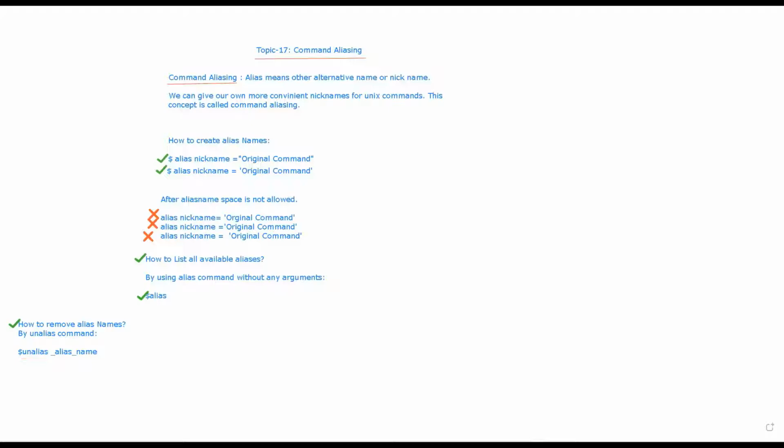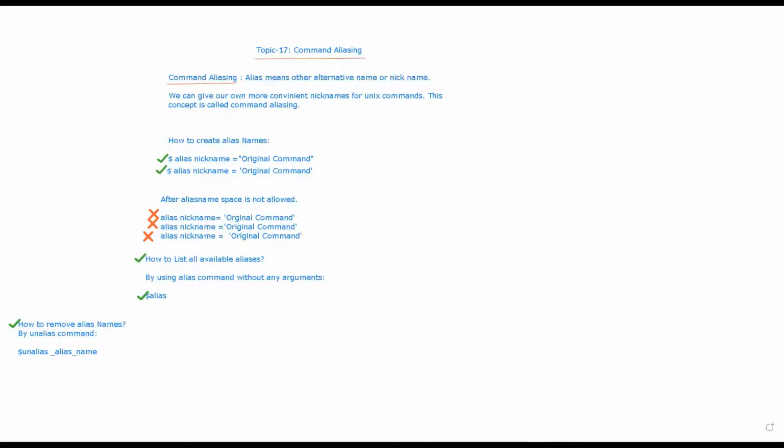So now we saw how to create the alias, what the invalid options are whenever we are creating the aliases or the alternate name or the nickname, then how to list the alias names, then how to remove the alias name.